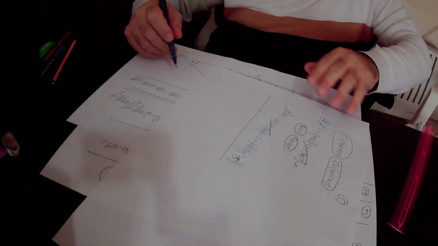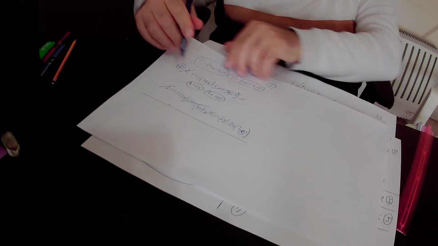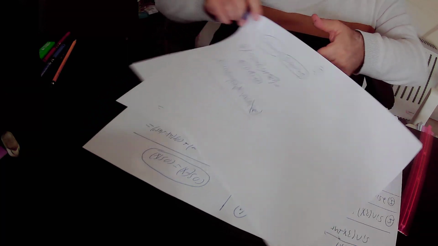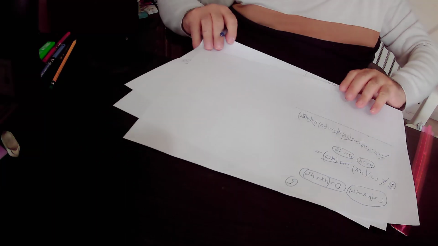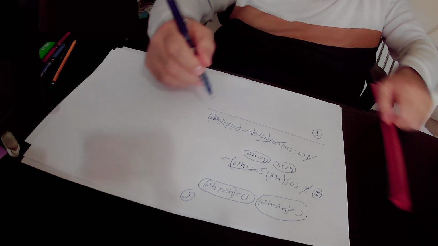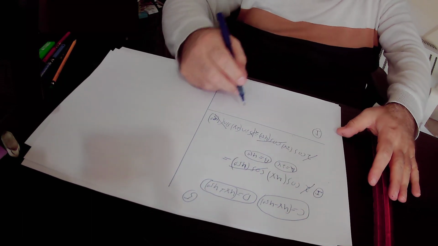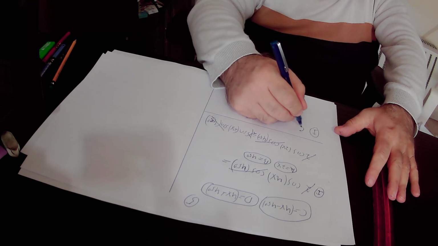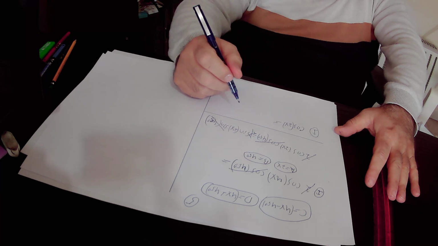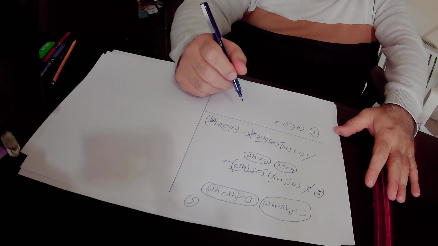So here 2 sine 45 degrees will get cancelled, and what is left after we cancel 2 cosine 45 degrees? What is left is, actually, for equation number 1, we got that cosine 2x equals sine 2x